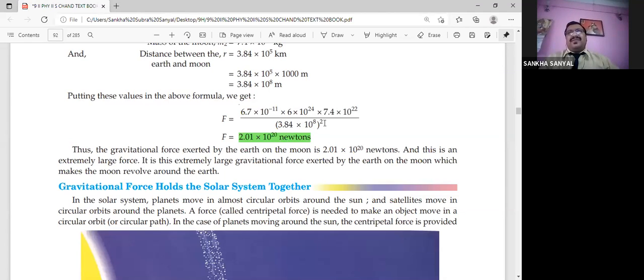And if you check what we have over here, 10 to the power 16, right? When the 16 goes down, 35 minus 16, it would be around 19. If we do all these calculations, you'll be finding the value to be 2.01 into 10 to the power 20 newtons. So, I expect that we all have completed till this portion. Right. So let me stop the sharing of the screen, stop the recording, and then take up the questions.